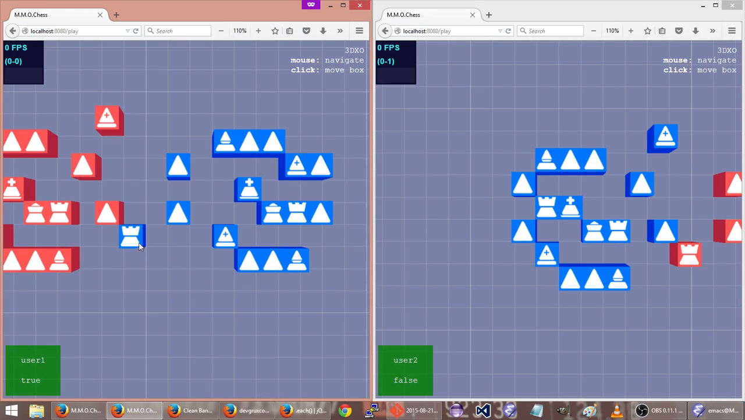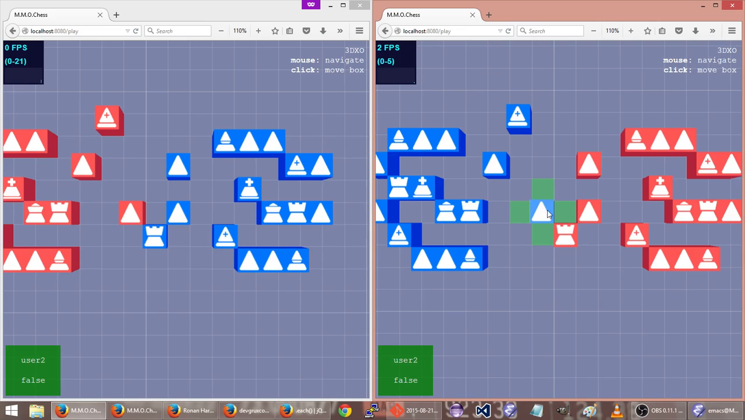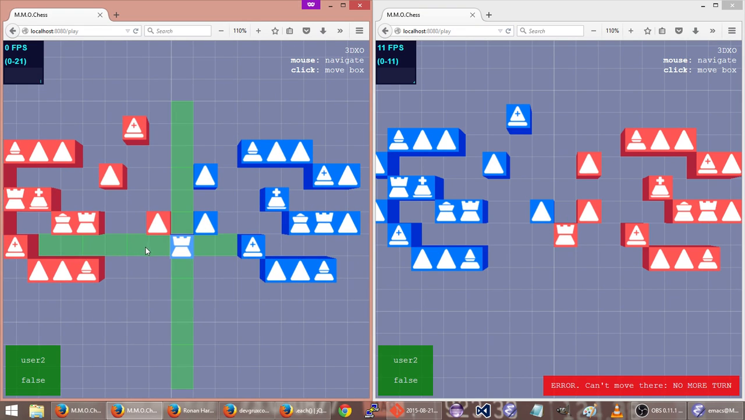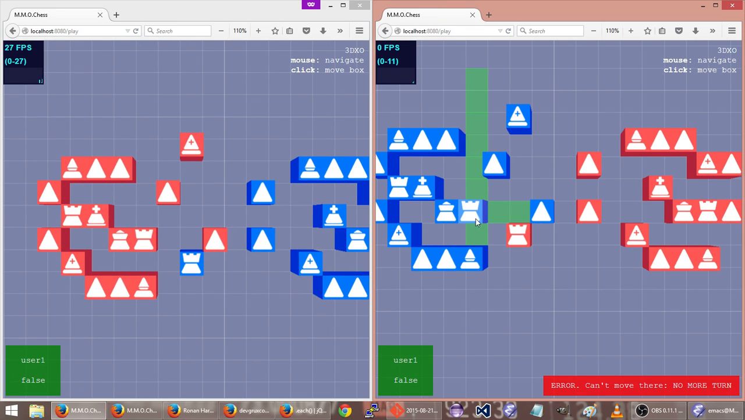You can move pieces around, and the other guy. So this is the UI for the turns as it is right now. Trying to work on that. So if you move and then you make another move, you can't move. And then this guy's turn. So yeah,